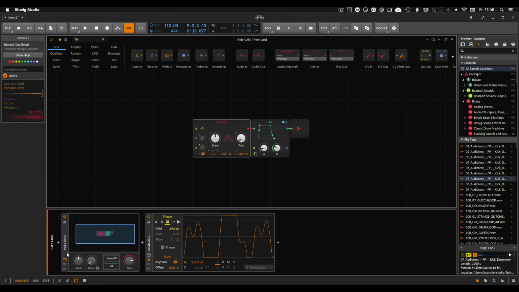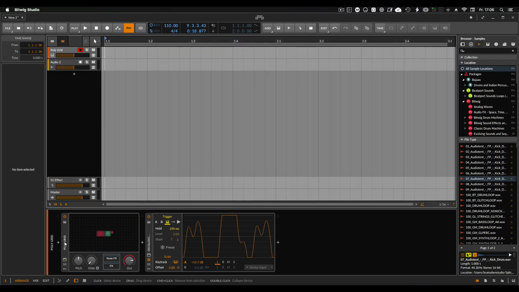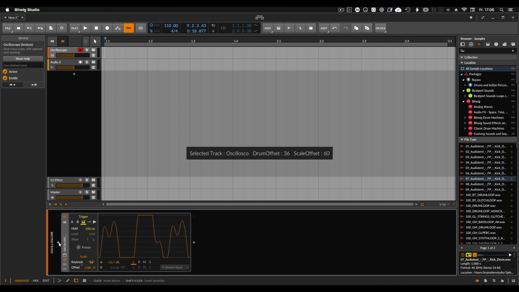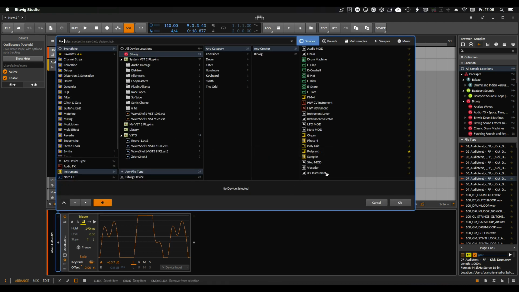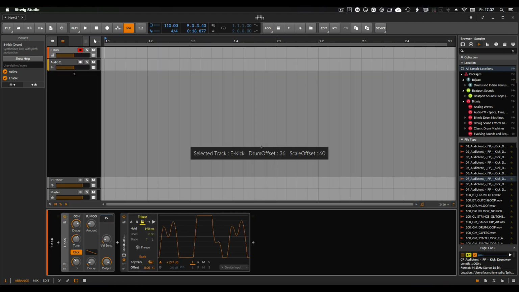So quite nice environment to go crazy in sound design, and you should definitely check this out. So that's from the synth side, and then we have the percussions, for example a kick,